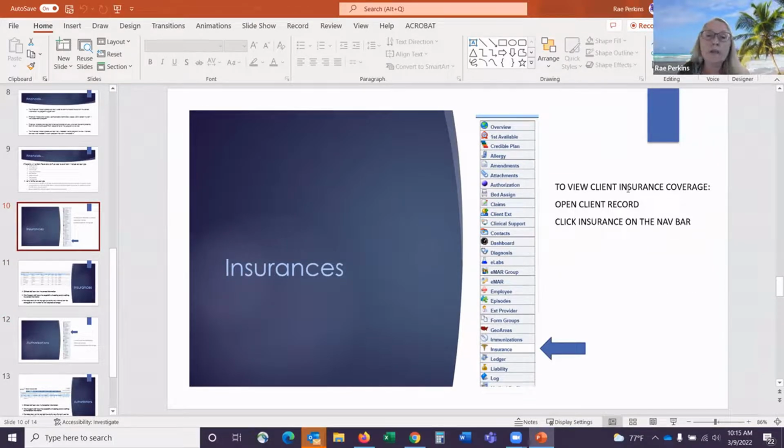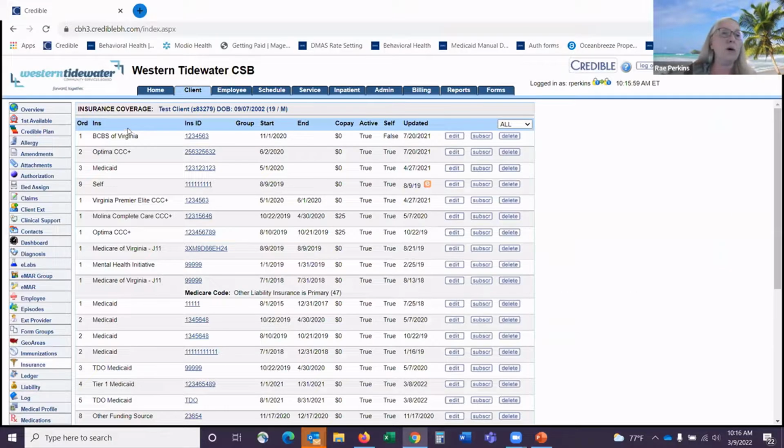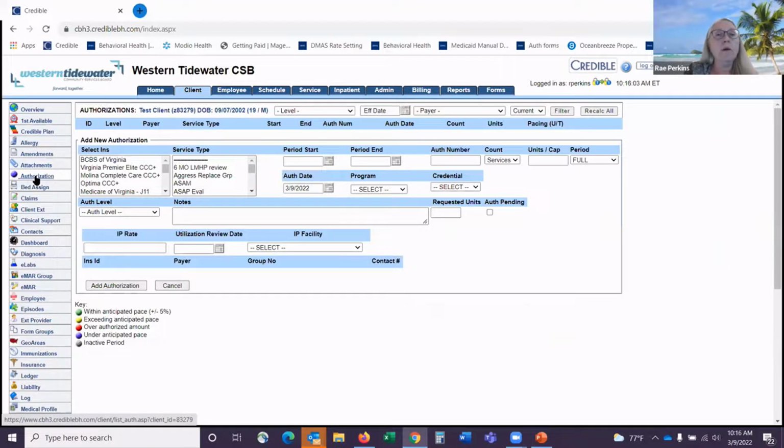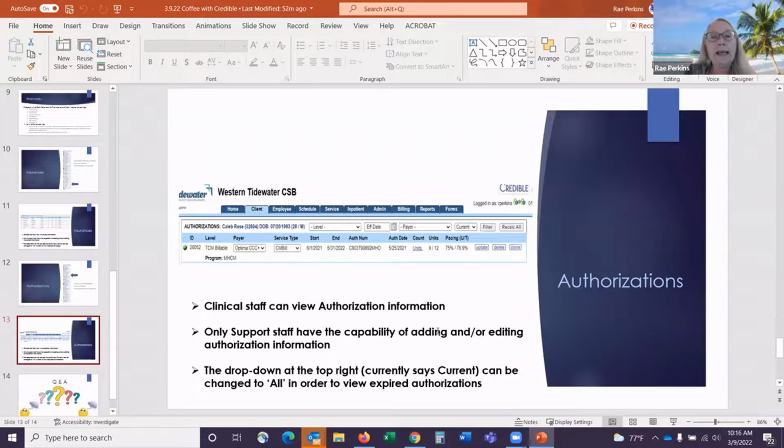Authorizations. Oh, I'm on the wrong thing, aren't I? Sorry about that. It's the same process. It's on the client's nav bar. You all can view them. Well, this is not a good one. It doesn't have anything. You all can view them, but only support staff can actually enter any information